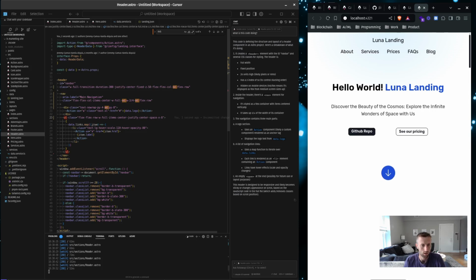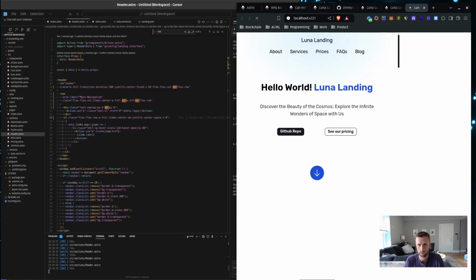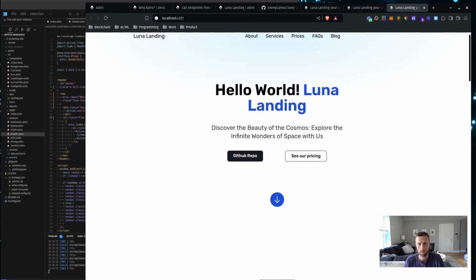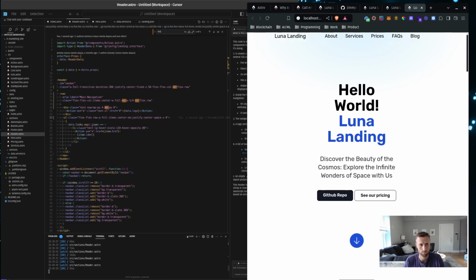So to fix that, we are going to add this small tag so that it's centered only when it's a small screen size, and then we are going to,